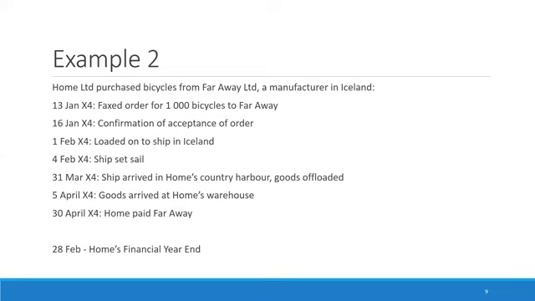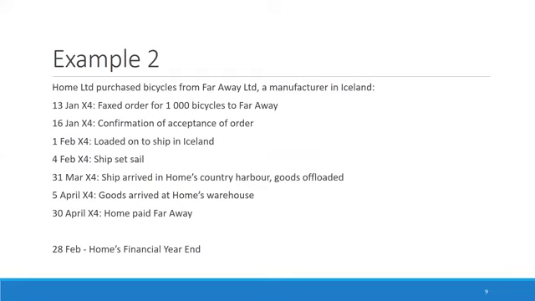No, not yet. On the 1st of February X4, it's loaded onto the ship in Iceland. Could this give rise to a transfer of risks and rewards? Well, it could, but depending on the shipping terms that the order has been sent via. On the 4th of Feb X4, the ship set sail. Then on the 31st of March X4, the ship arrived in Home's country harbour and the goods are offloaded. Okay, so here might be relevant depending on the shipping terms that will then affect the risks and rewards and